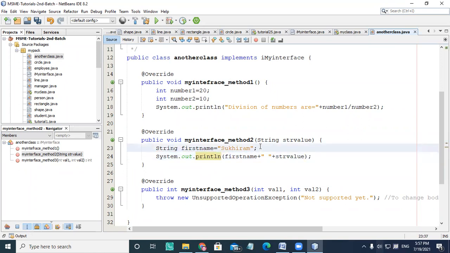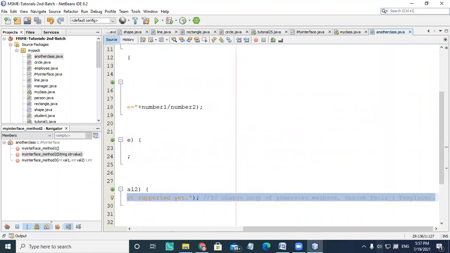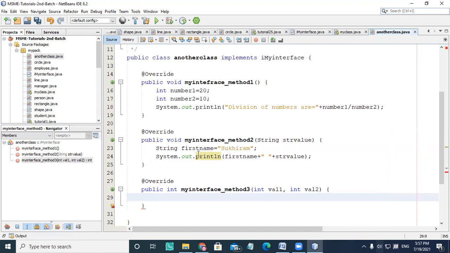I just want to show that this is a different procedure, which is not always the same, and every time the body changes according to the class requirement, and that class will write the body for the same method.